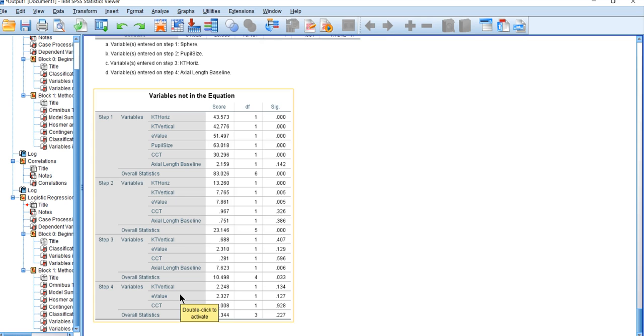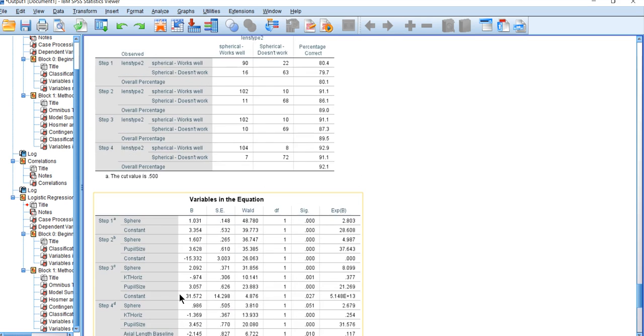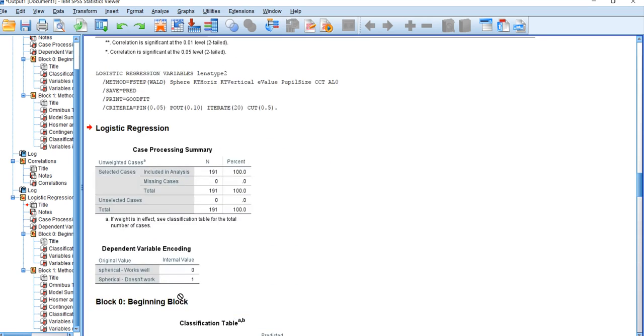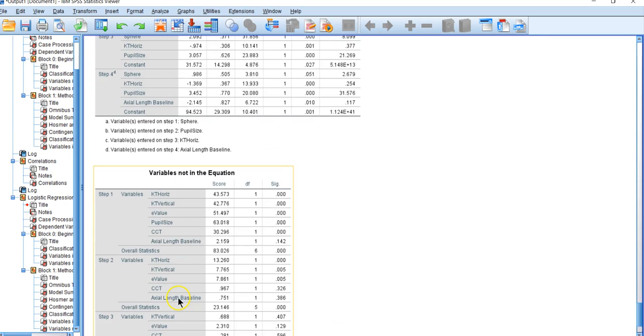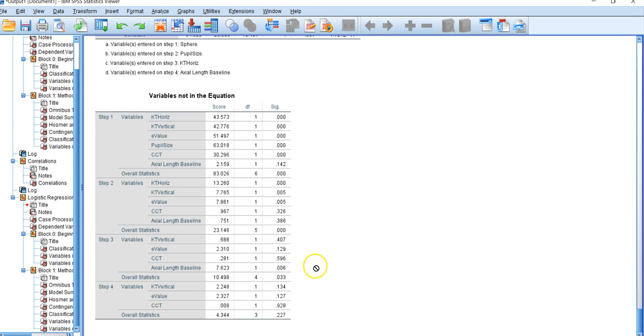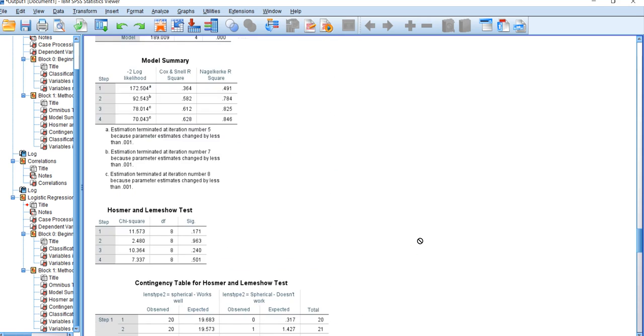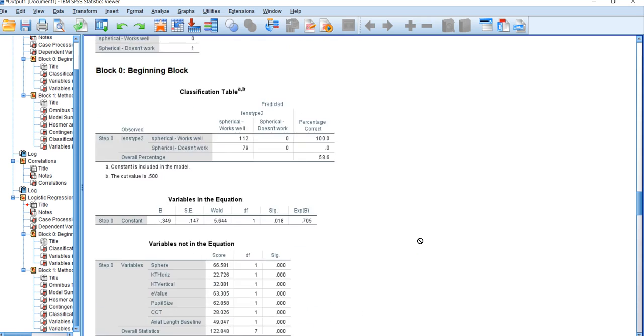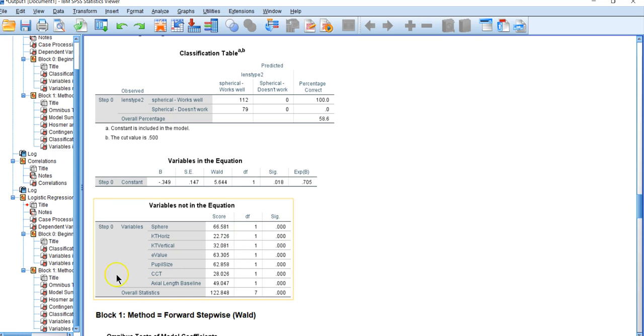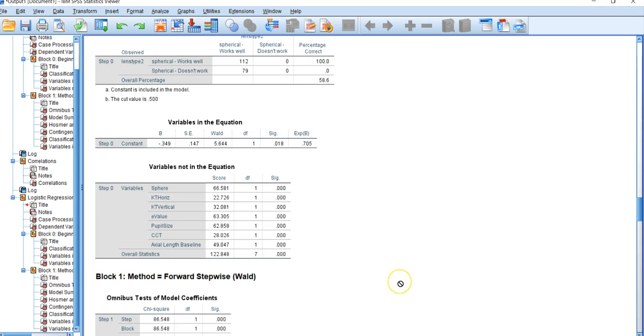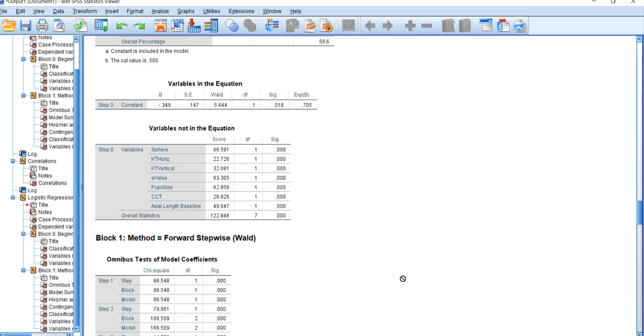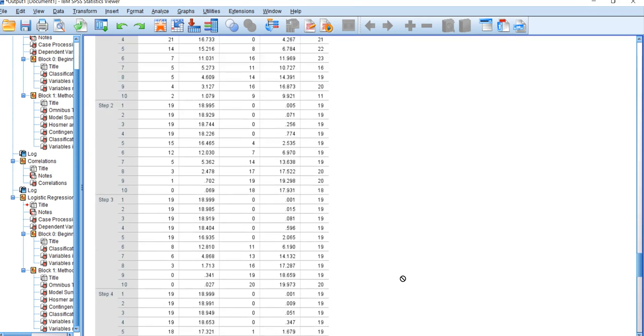But it requires careful interpretation, and that's why we do the correlation table that shows the correlation between these things, that there is that multicollinearity. And we look at variables not in the equation, particularly at block 0, so that we can see that everybody is in fact a contributor. And all these chi-squares or Wald statistics are pretty high. All right, that is multiple logistic regression. Oh, wait a second. Before we end,